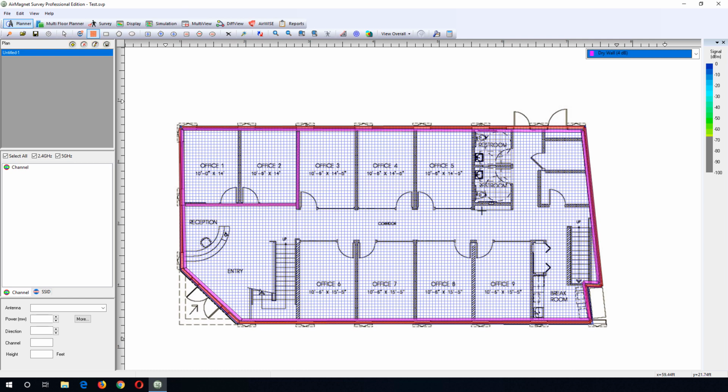Just so we have some walls in place to see how it does impact our propagation, and how it impacts the recommendation of the planning tools when it comes to actually choosing where to place APs and so forth. Okay, and we'll say that's good enough, and we'll worry about drawing all the walls so we can see the difference in impact. For example, right now, if I place an AP down here in this area,